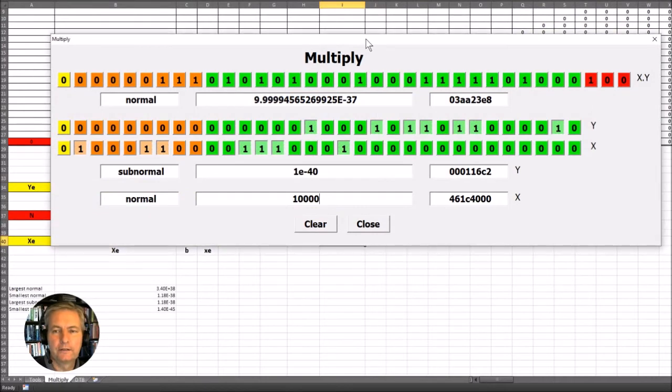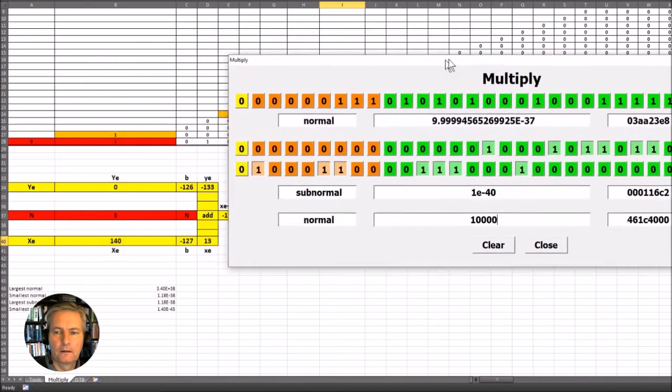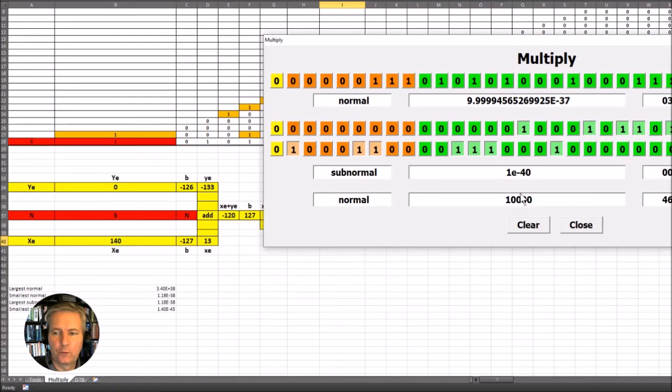So here's our second example. I've used the same number, 1e to the -40, and now I've used the number 10,000. I've also swapped these round about, so the subnormal number that was down here is now up there. It doesn't make any difference, it just changes them in here. So you can see here that we're going to have